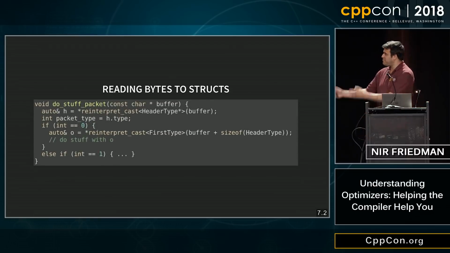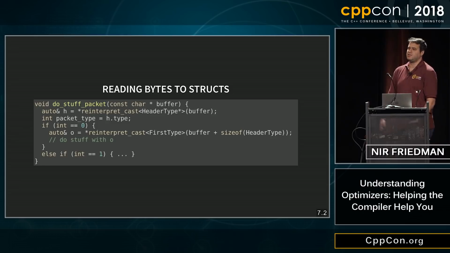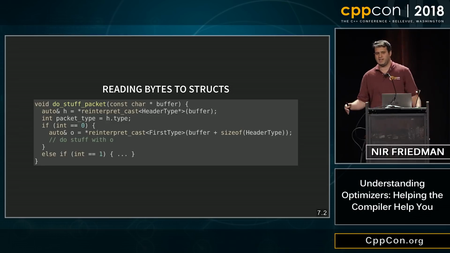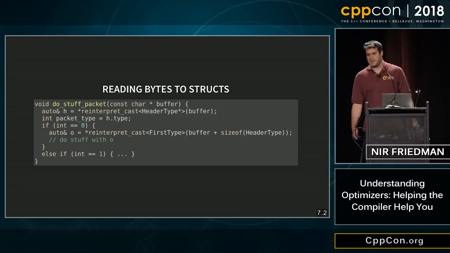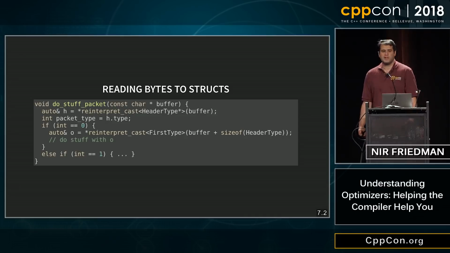Okay, so reading bytes, destruct. So in certain industries like HFT, this pattern, you have a buffer of bytes, you have a header, you reinterpret_cast to get the header at the front. The header tells you the type of the data that follows, okay? If you're in HFT, you write this code like you breathe. I mean, it just seems totally natural. Everyone does this with reinterpret_cast. Everyone.